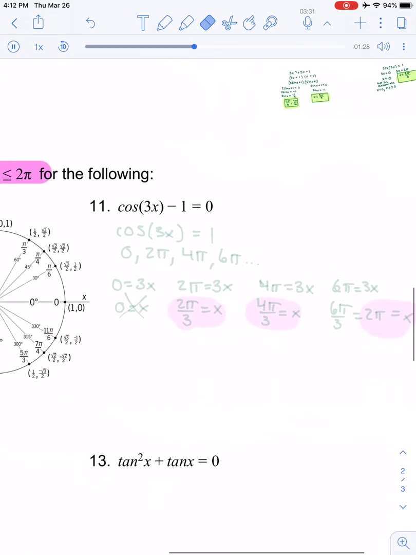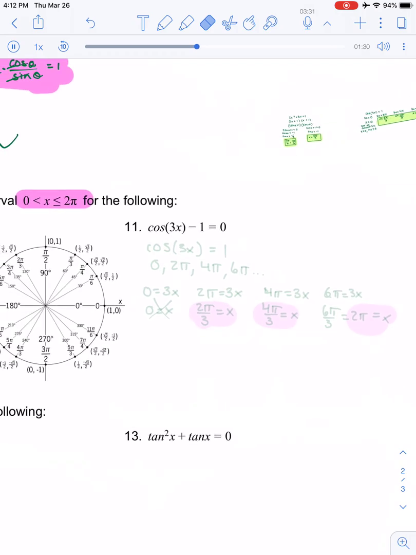All right, number 11, I'm going to start this out as cosine of 3x is equal to a positive 1. Now, I am looking for spots where cosine, so we're kind of ignoring that 3x for right now, but where cosine is equal to a positive 1. This happens at